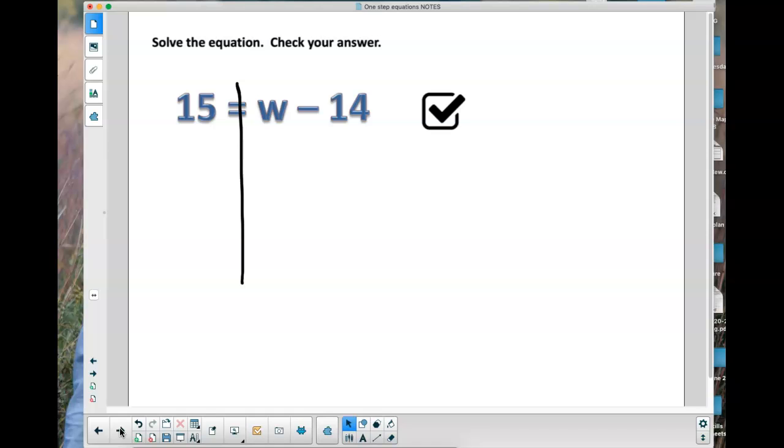So I have to get rid of whatever's next to the letter. How do I get rid of a minus 14? Plus 14. Okay, so we have W equals 15 plus 14? 29. Okay, and we're going to skip the last one because it's the same as one we already did. Okay, fair enough? We feel like we got a handle on that. Okay. You should have answered